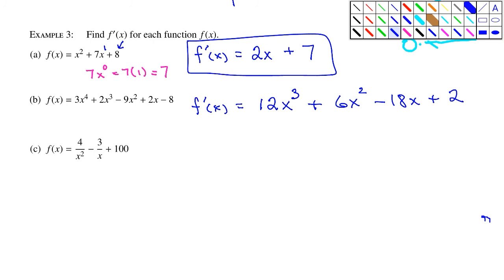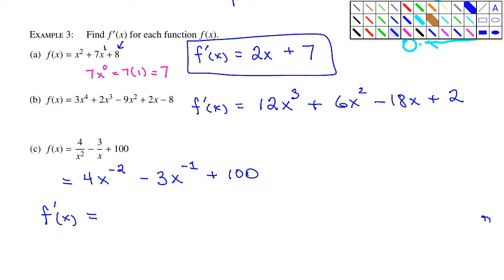Part C, f of x is equal to 4 over x squared minus 3 over x plus 100. Well, we need to rewrite this in the correct form so that we can take a derivative. So we're going to move the x squared to the top as x to the negative 2. And we're going to move the x to the top as x to the negative 1, plus 100. So notice that I didn't take the derivative of any piece yet. You cannot mix the function and the derivatives together. You just leave them separate, and you rewrite the function algebraically first,